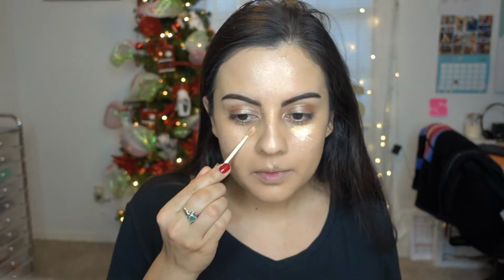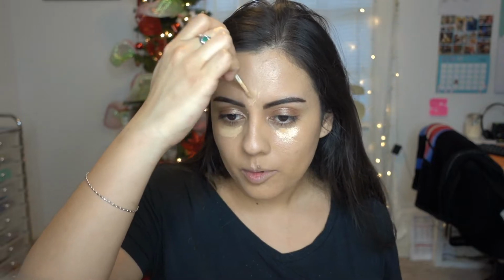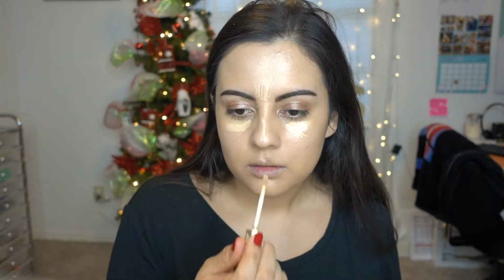Now we're going to add a little bit of concealer to the high points. Like so. And I don't know what to use to blend this out. Well, I'll just use the usual, this little fat brush. And then of course, set the